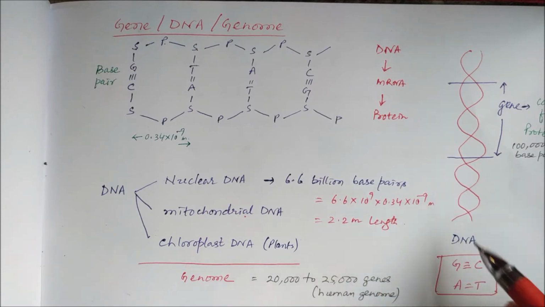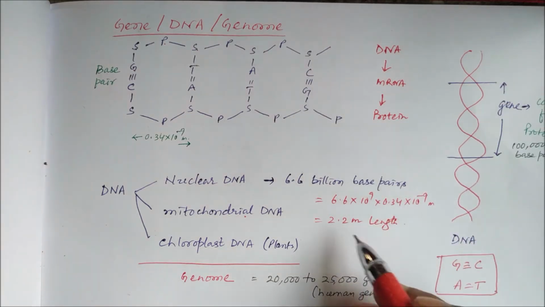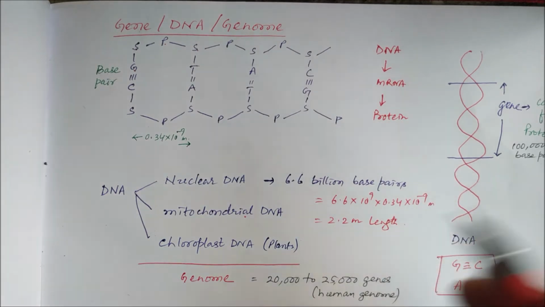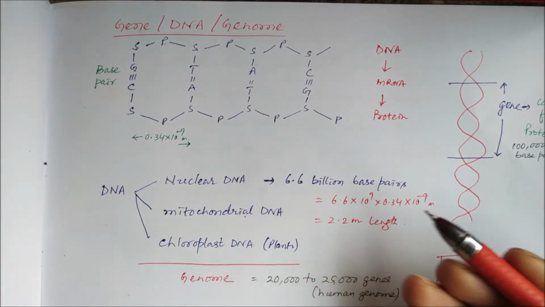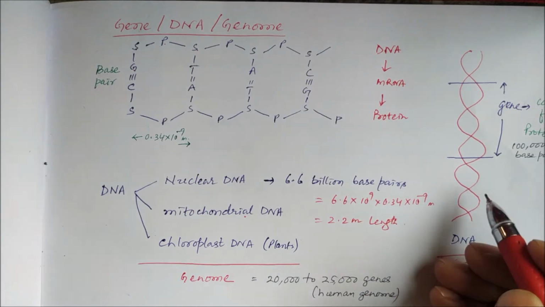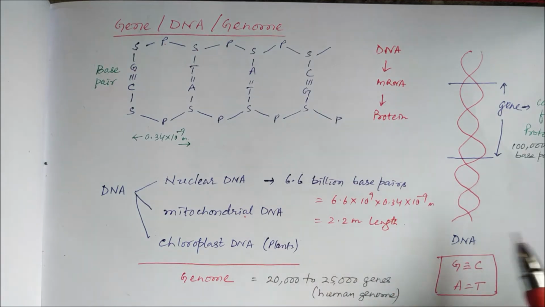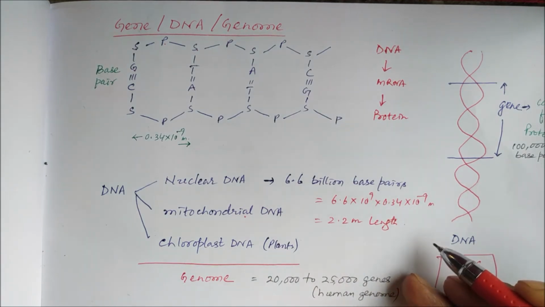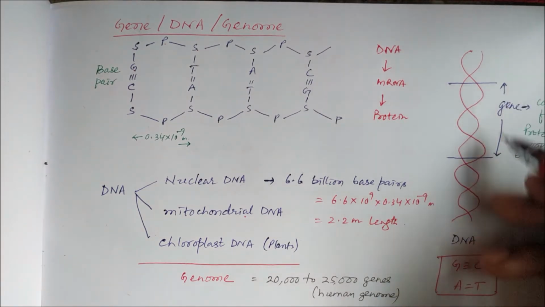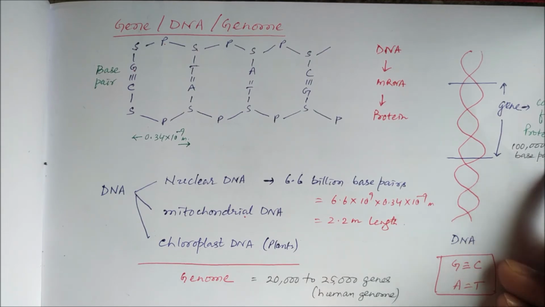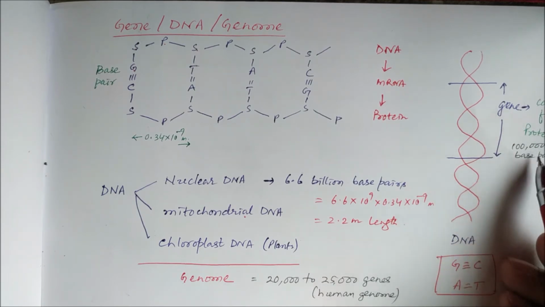So you can see that the length of DNA per cell is 2.2 meter, and this 2.2 meter length DNA is inserted into the nucleus, and the nucleus size is only 10 to the power minus 6 meter. That means this DNA is condensed in the form of chromosomes, chromatin fiber, inside the nucleus. And a part of DNA is our gene, which is having around 100,000 base pairs. A gene is having 1 lakh base pairs, and